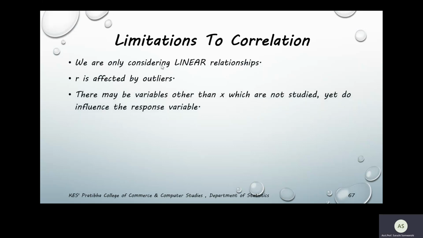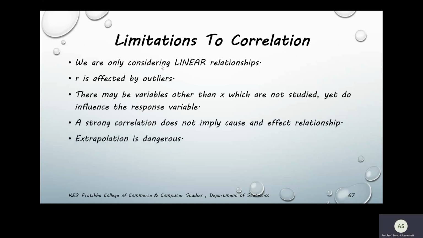There may be variables other than X which are not studied yet that do influence the response variable. In general or logically, we cannot see the relationship between the two variables, but there is a third variable which is having some kind of relation with both of these two, affecting the relationship between them. A strong correlation does not imply a cause and effect relationship, and extrapolation is dangerous. So these are the limitations of correlation. Let's see